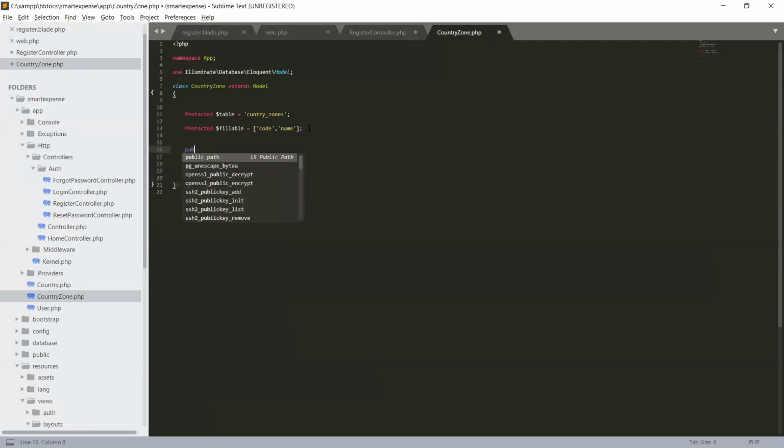So public function zones, and we will create country ID,